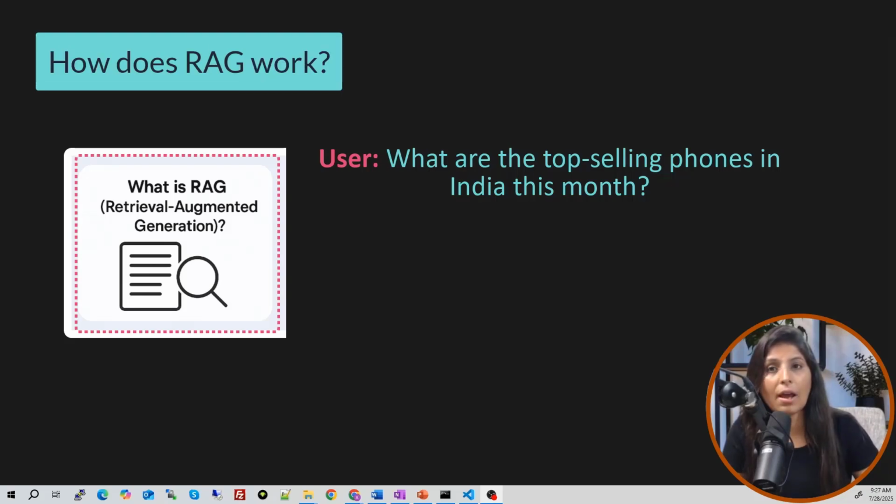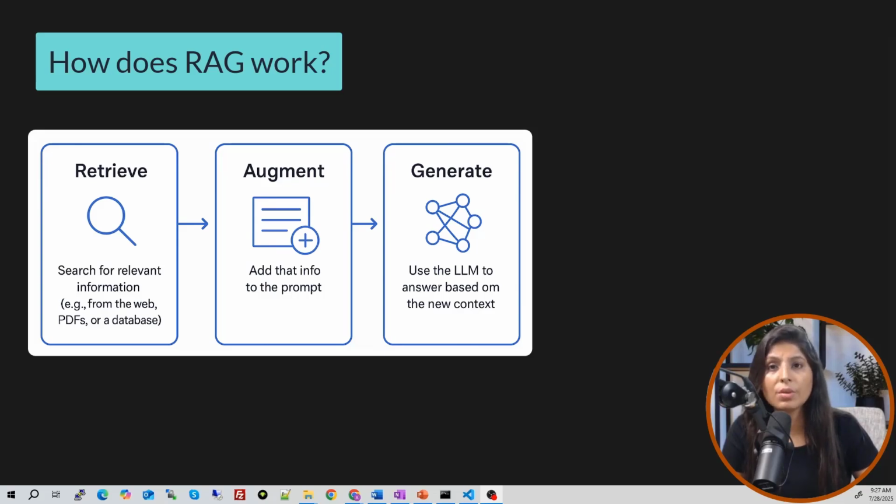Now let's see how RAG works. RAG has three main steps: retrieve, augment and generate. Retrieve means that it will search for relevant information from external sources. If the user asks a question which needs access to new information, this retrieve step will retrieve that new updated information from various external sources, and once it gets that information, it will be added into the prompt with the question.